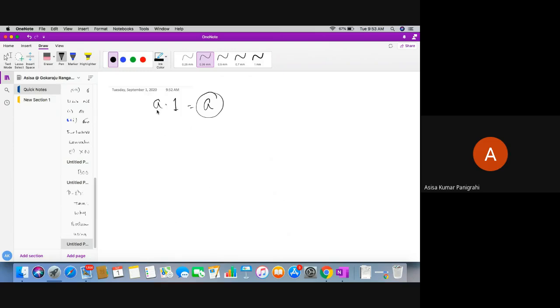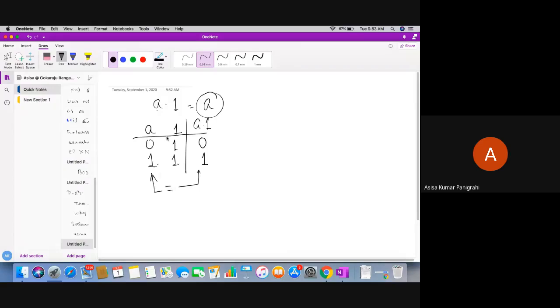Okay, whatever the value you will give here. Let's say how to prove it. If you take A and 1, A means either I will take 0 or 1, but 1 is fixed, it is 1. If I take A and 1, what will it be? 0 AND operation with 1 will give me 0, 1 AND operation with 1 will give me 1. So you see here A is equal to A and 1.